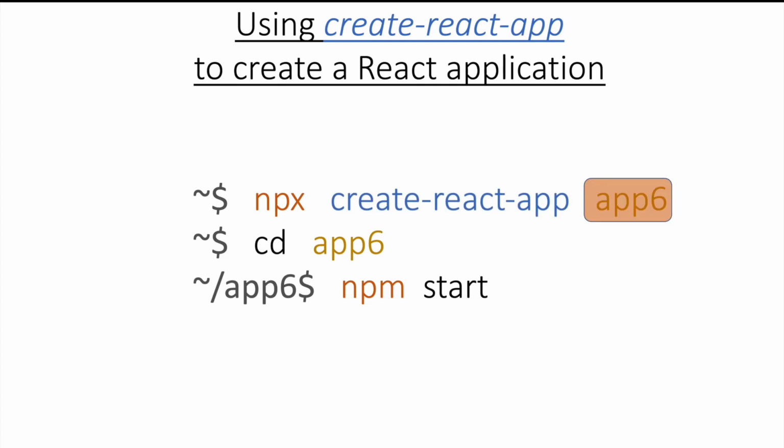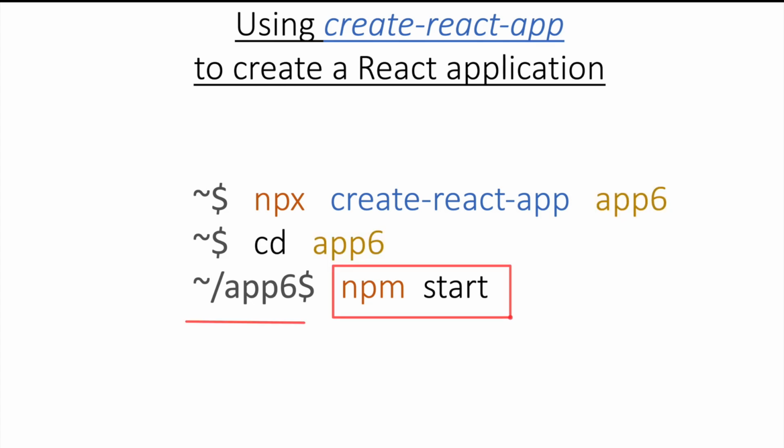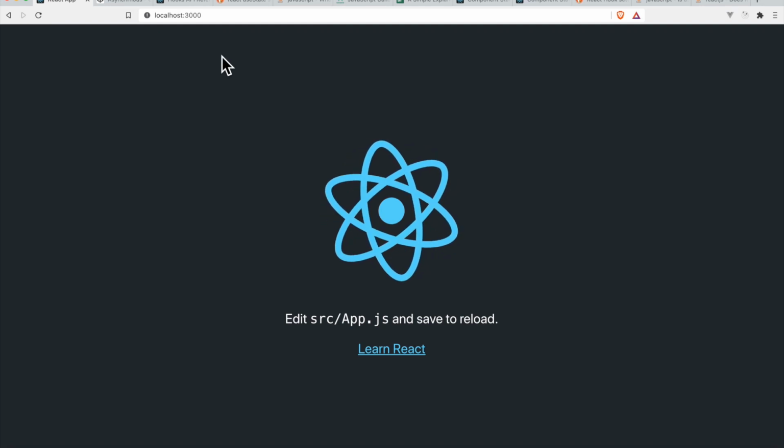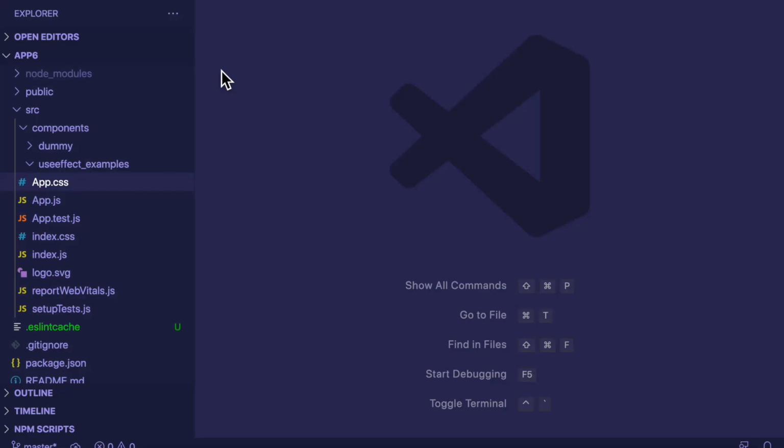I'm using app6 as my application name over here. Once this command completes, cd into that folder, and from within that folder type npm start. That should start the development server and open localhost:3000 in your browser. So I have done that, and I have also opened my React application's folder in VS Code, and within the